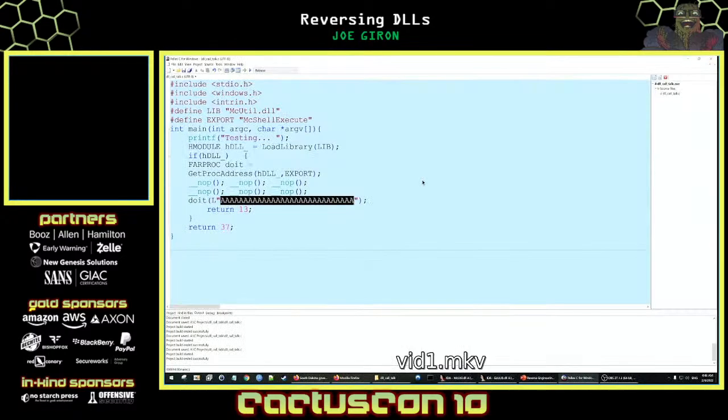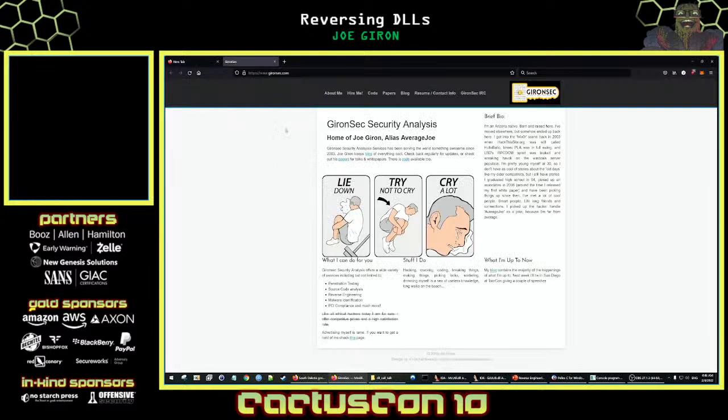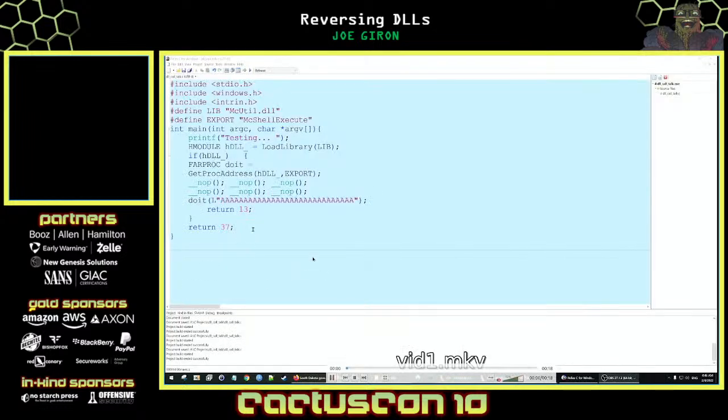Okay, so I modify my thing. Now that we know it takes URLs, we're going to pass my website to it and see what happens. Run my code blindly, and it opens my website. So I've now successfully reverse engineered the program, and we've now found out that it takes URLs instead of just